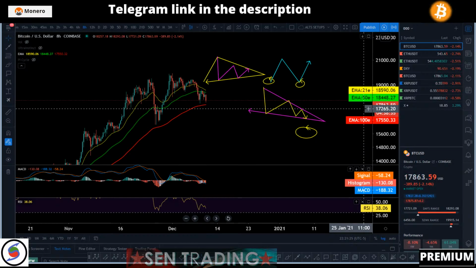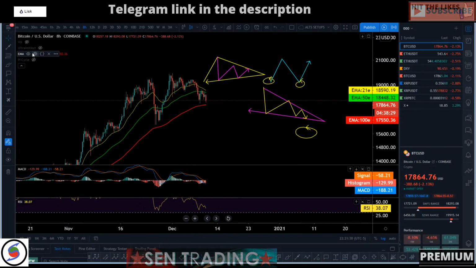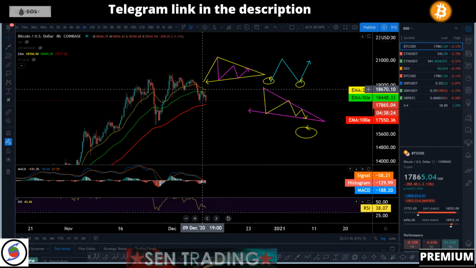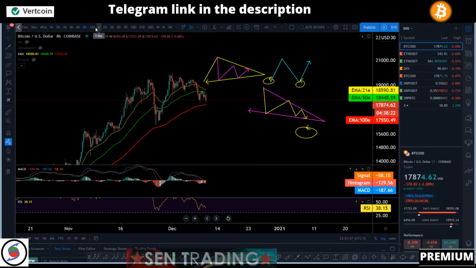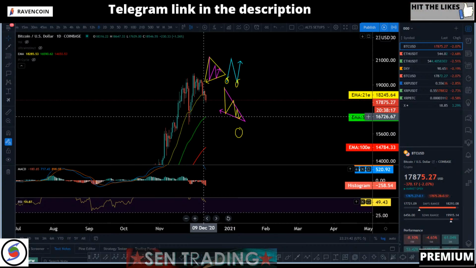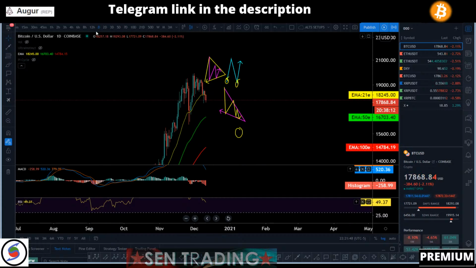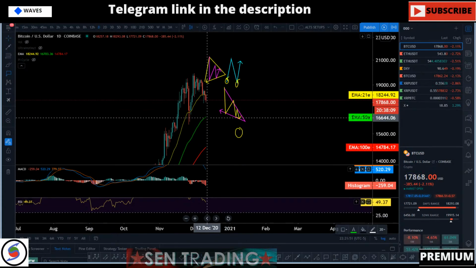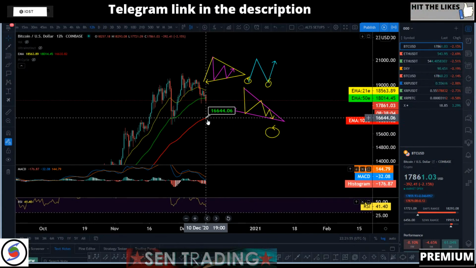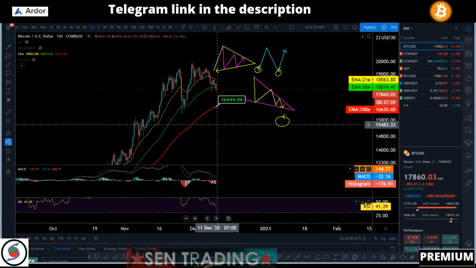Tyler, that green line is the 50 EMA. It makes it easy for me if I only use 21 and 100, right? But 50 is half of 100. So if I'm using, let's say, the daily, I know where my 12-hour 100 EMA is at, because that's the same thing. If I switch it right there, if I go on the 12-hour, I know where my 12-hour is, okay? That's all it is, but it is a good moving average.